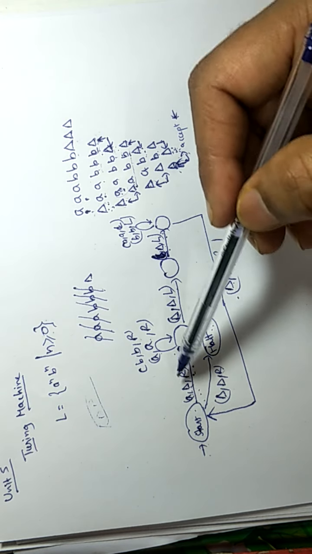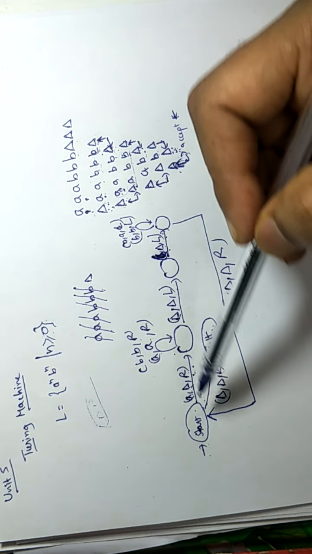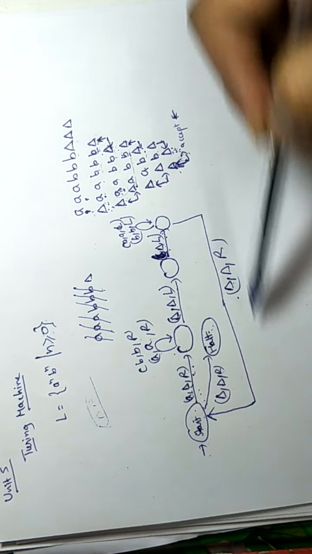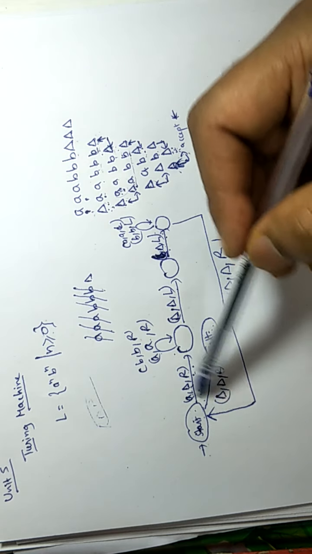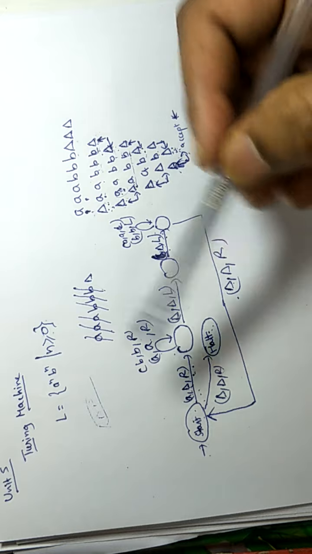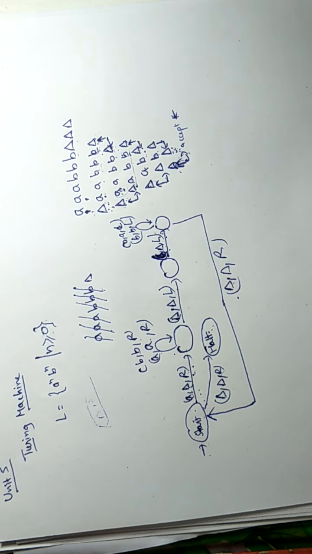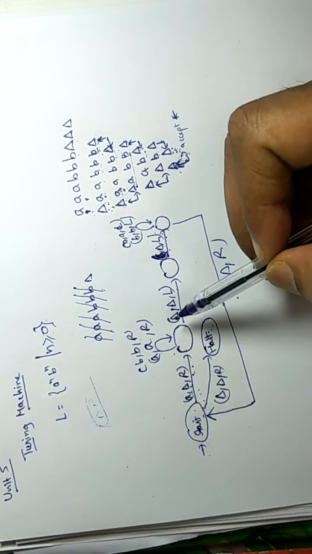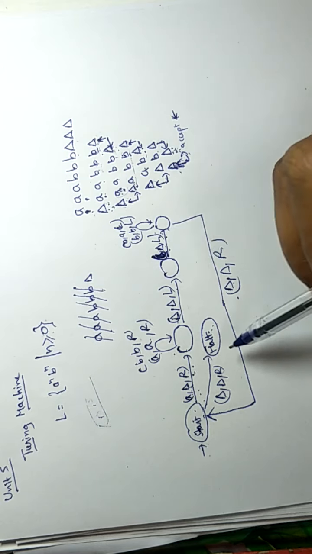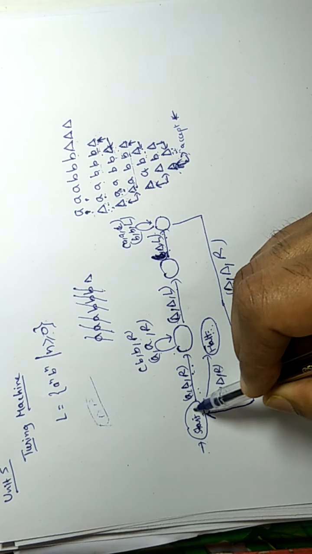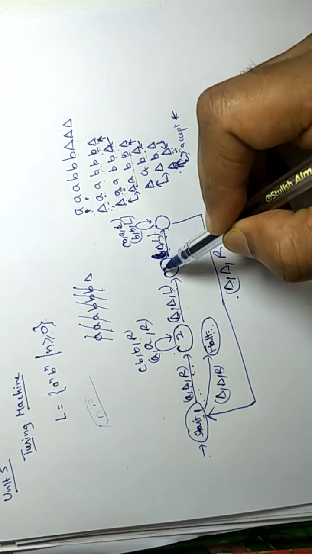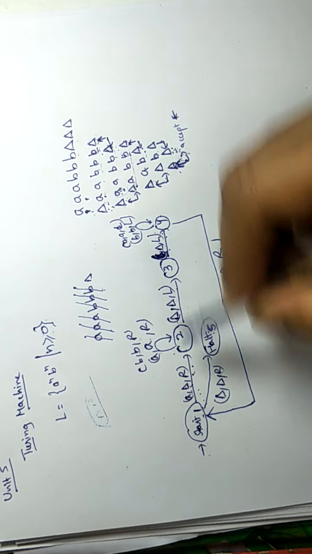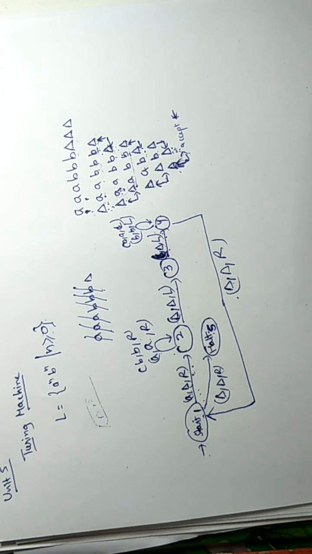It is not certain that we read any A. We reach from start to final here. There may be some A's and some B's, or it may be zero A's and zero B's. So it is n greater than or equal to 0. And here we need to mark these states. Either you can write Q0 here, Q1 here, Q2 here, Q3 here, and Q4 here, or you can name them 1, 2, 3, 4, and 5. So there should be some name for the states.